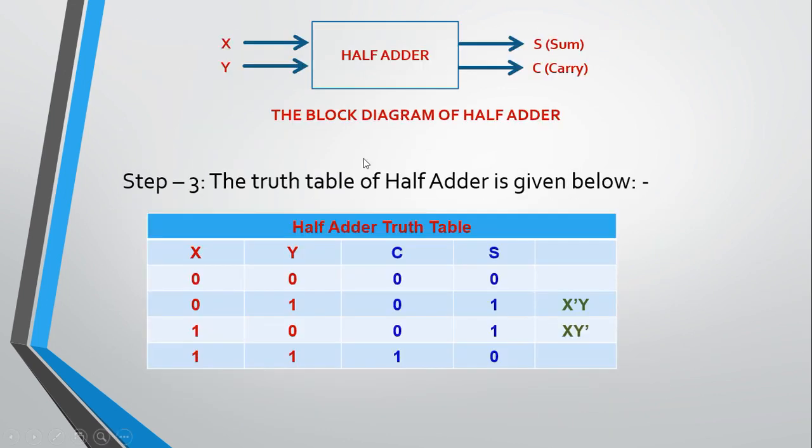So those people who do not understand need to refer half adder truth table. Over here see, when there is a 0, sum would be 0. There is 0 1, sum would be 1. There is 1 0, that means only one time 1 is there, it will return 1. And when there is 2 times 1, at that time carry would be 1 and sum would be 0.